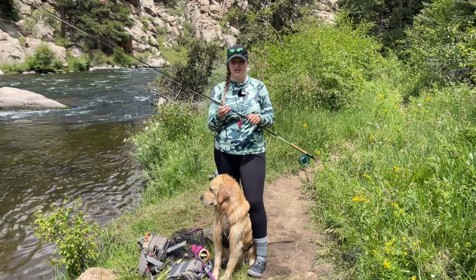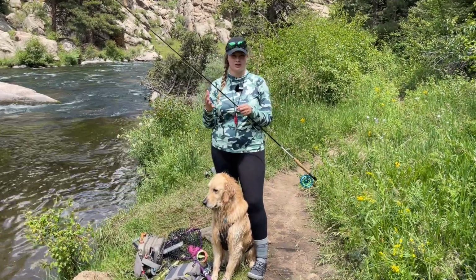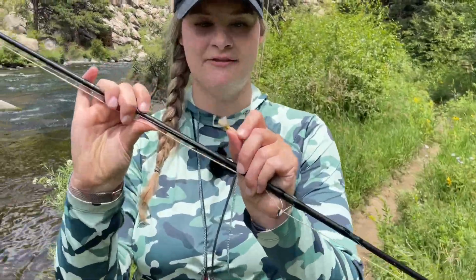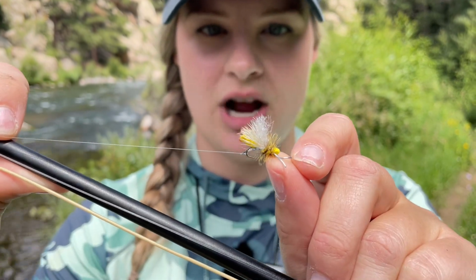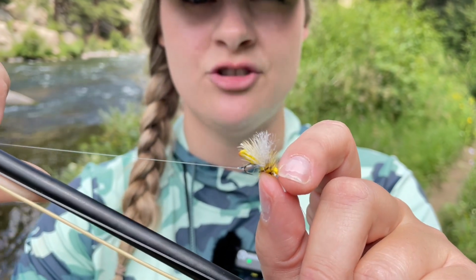Today we're going to be fishing both different life stages. We have an adult and a nymph. So similar to a dry dropper, hopper dropper, we're going to have a tandem rig. My first fly here has a little foam on it. This is called a never sink Sally. I love this, especially when I'm fishing with a dropper because of all that foam on there. It's going to keep it nice and high, and it's going to be hard for that dropper to really drown